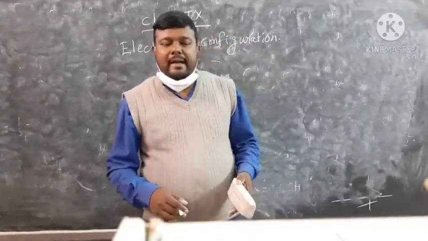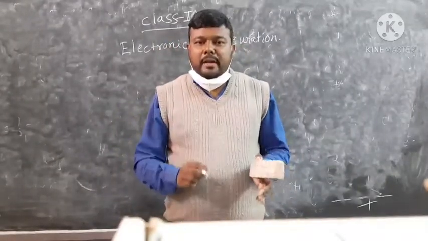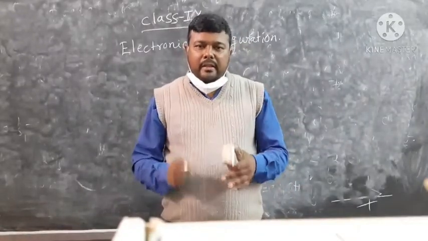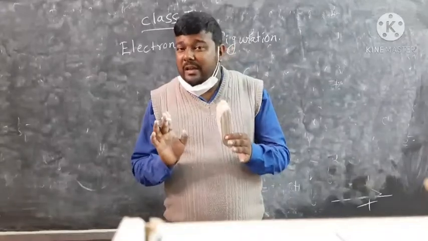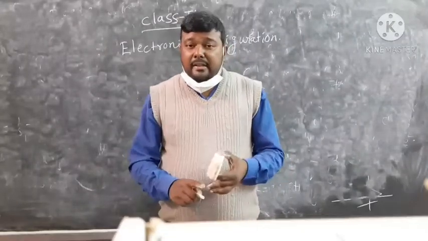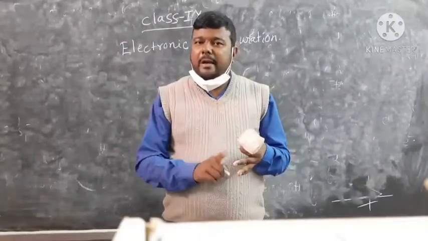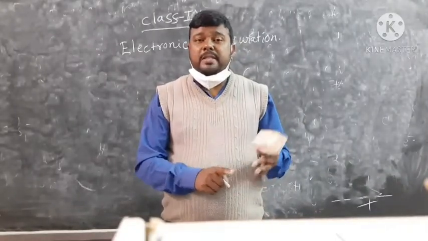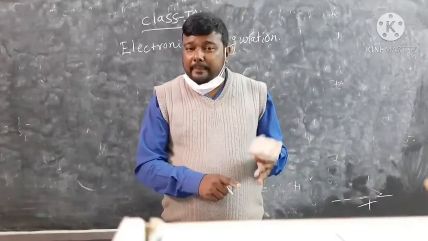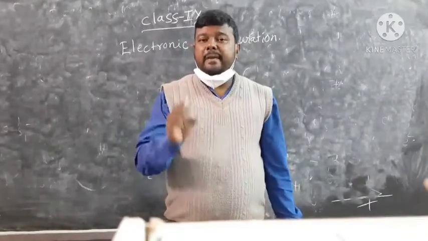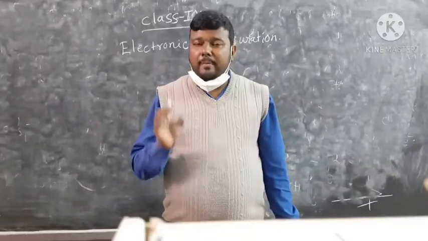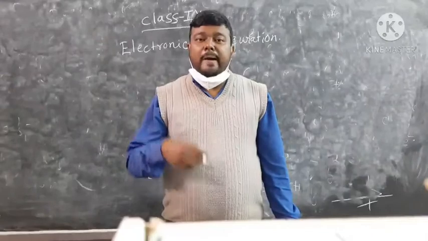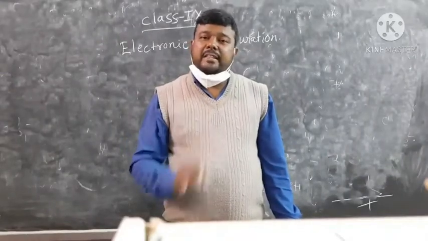Now we will be discussing the atomic number. The number of protons present in the nucleus of an atom is known as the atomic number. And the total number of protons and neutrons present in an atom is known as the mass number. The significance of atomic number is that atomic number equals the number of protons. As atoms are electrically neutral, the number of electrons will also be the same as the protons.